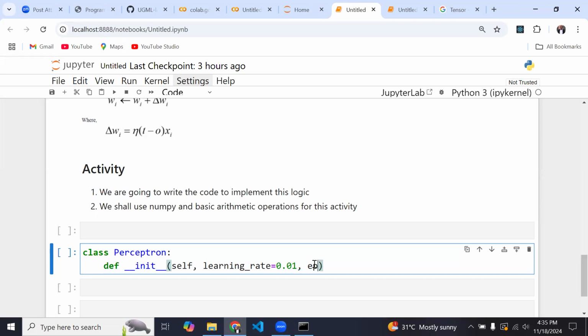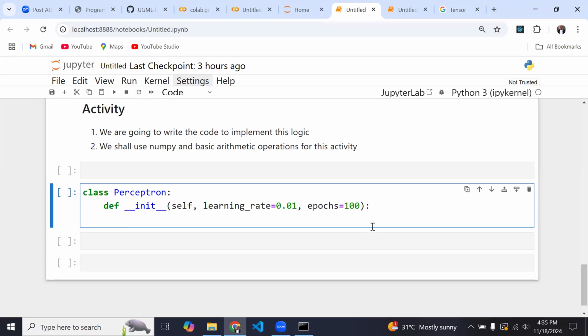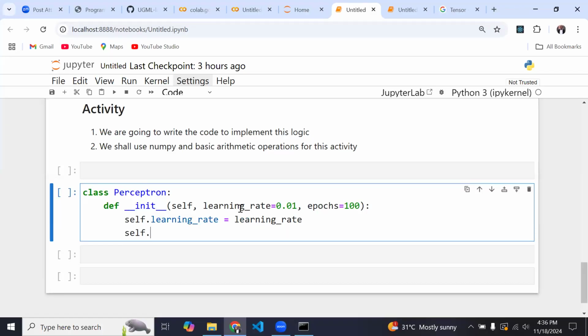Then what we also need is the epoch. The epoch is going to be the number of iterations. So over here, let me set an initial epoch of 100. These are parameters that we can change, but we are setting initial values over here. And now let me complete the rest of the init method. Over here, I'm going to say self.learning_rate is going to be equal to our learning rate. Then self.epoch